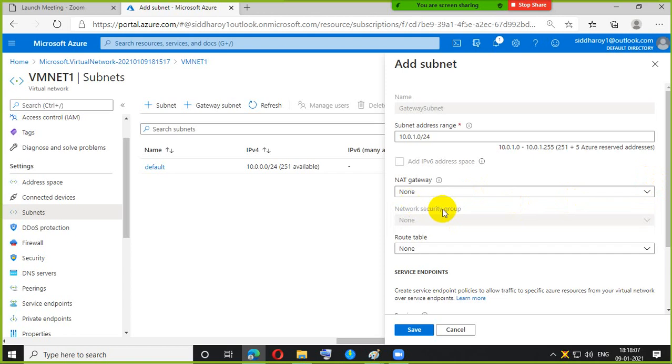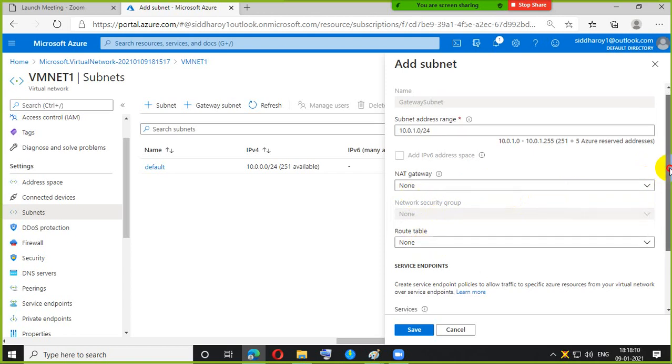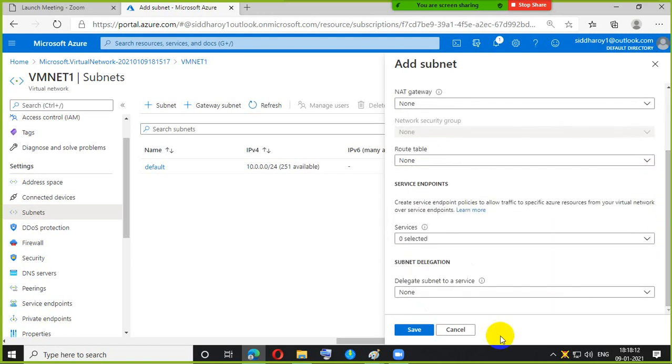It's not mandatory to use NAT gateway or any of this, all of it is default, and just click on save.